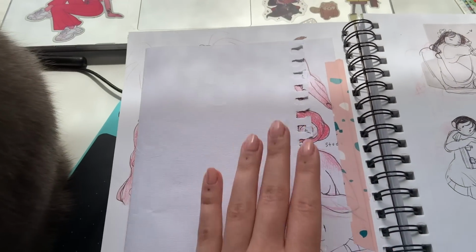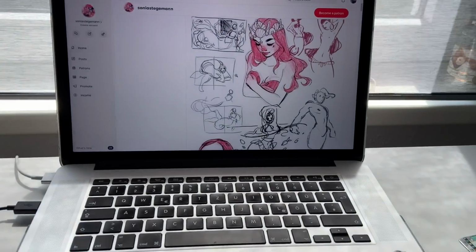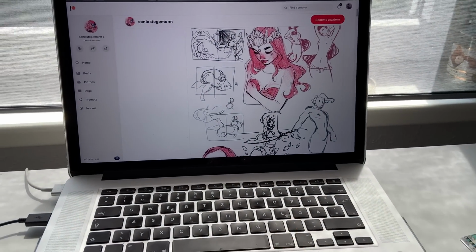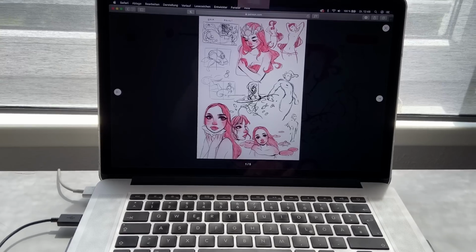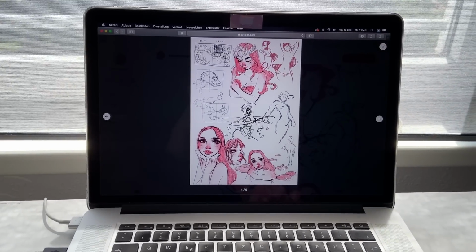Yeah, and I scanned them all in, and then I have them up on my Patreon already. I made these mashup pages where I combined all kinds of sketches. So I scanned in